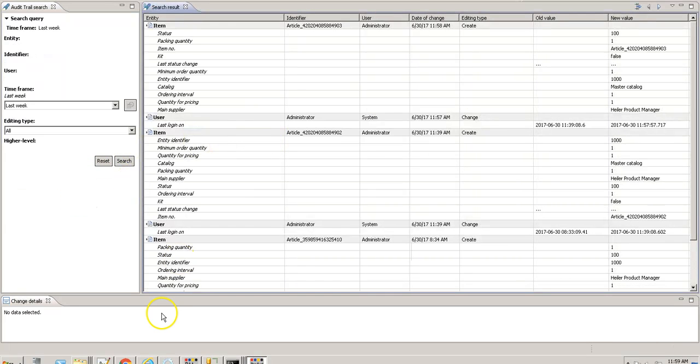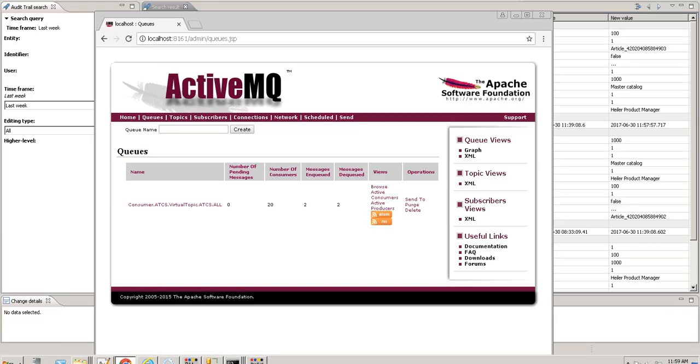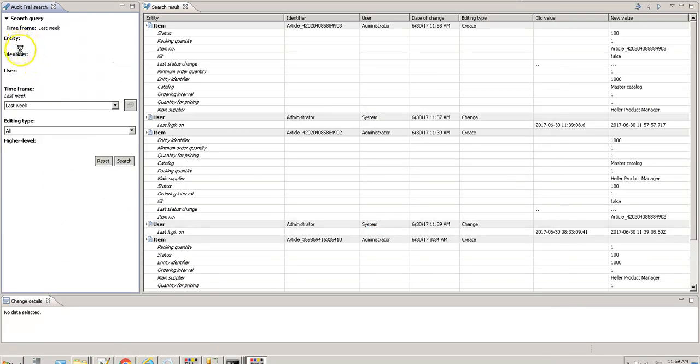So if something goes wrong, whether the Audittrail or something is not working, then you can just verify whether the messages are enqueued or not. If the messages are not enqueued, there is a connection issue or configuration issue between the message queue and the corresponding PIM server. If it's not getting dequeued, then there is a configuration issue from the message queue to Audittrail. So in that way you can try to debug it, and by default the changes can be tracked on all